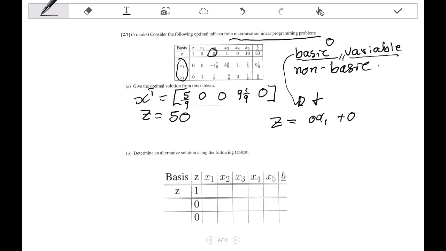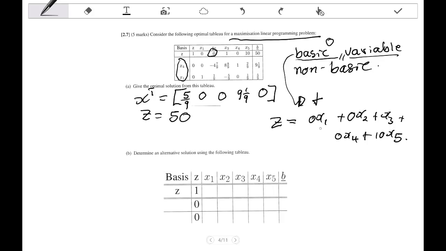But since we have this x2 that is 0 there, our z is going to be 0x1 plus 0x2 plus x3 plus 0x4 plus 10x5. So x5 is a non-basic variable, x3 is a non-basic variable, and x2 is a non-basic variable. And our basic variables are x1 and x4. So if I decide to bring x1 to the basis,